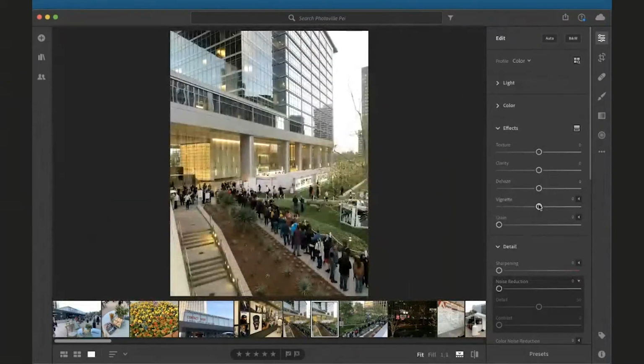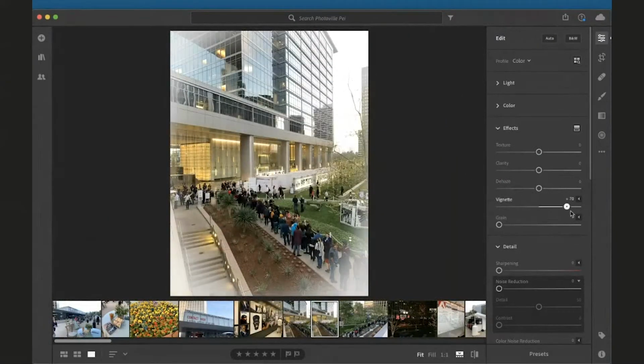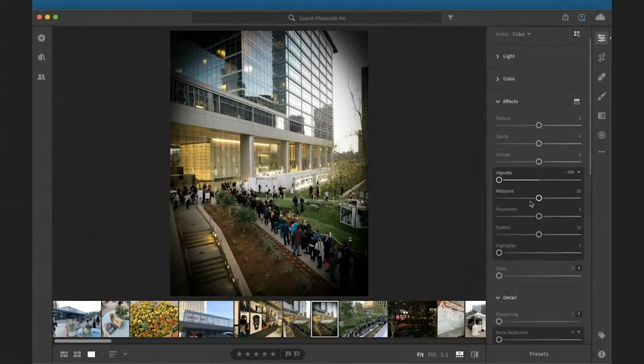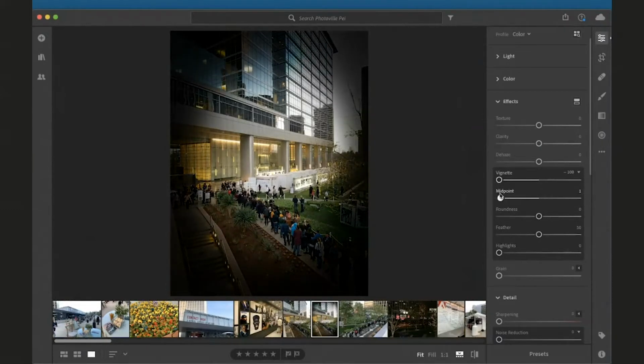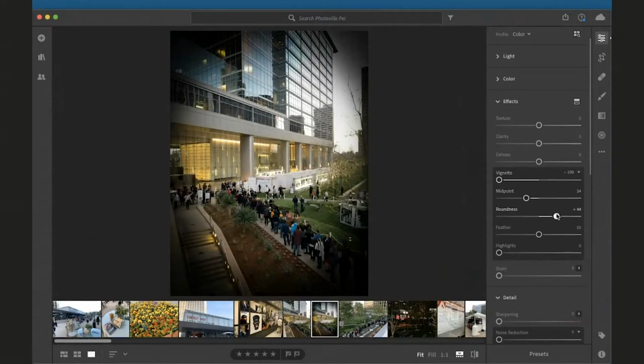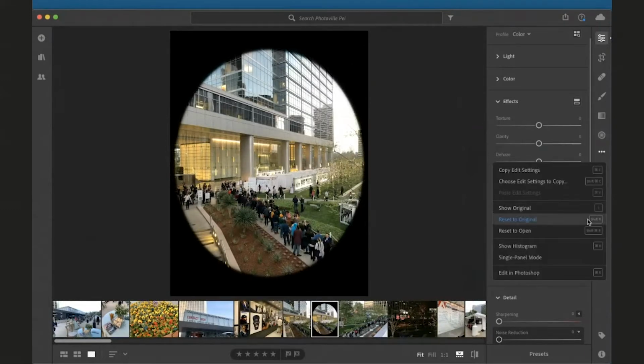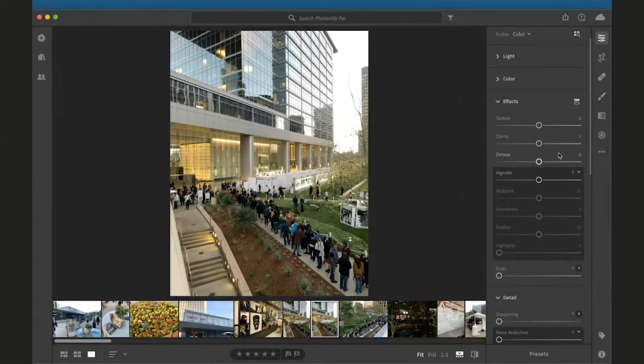Vignetting is just pulling in from the edges, either a bright or a dark vignette. And you should be able to adjust your midpoint, roundness, and feathering as well. So how much do you want to be adjusted, or how specifically you want to adjust that vignette, right? You can get very specific. Reset that, and then